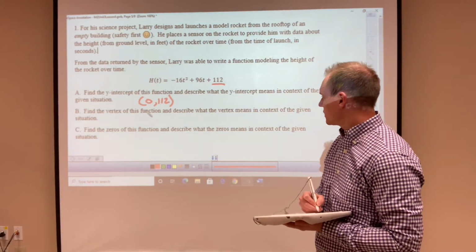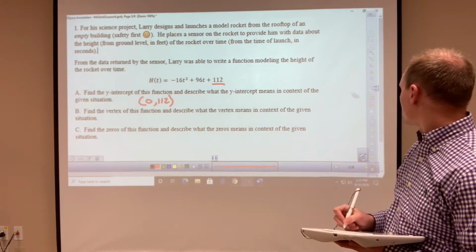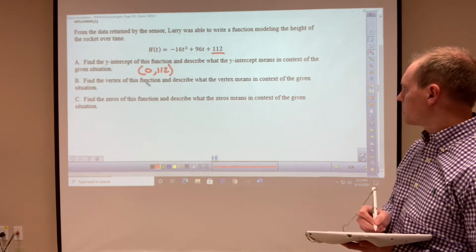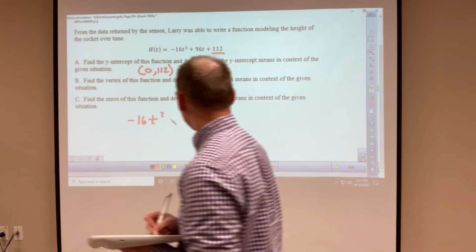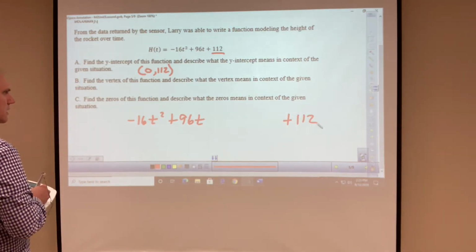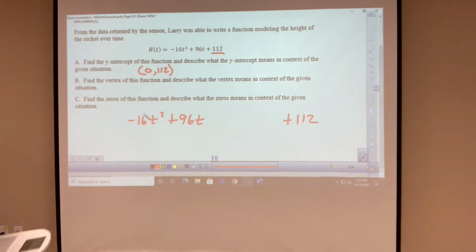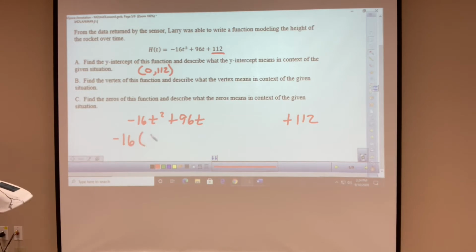Part B, find the vertex of this function. Well, let's see. In our last video, we talked about completing the square to find the vertex. So let's do that. So we've got negative 16t squared plus 96t. Push the 112 off to the side. And let's go ahead and factor out the 16. So 96 divided by 16 is 6. So we can factor out the negative 16 here. That's going to give us t squared minus 6t